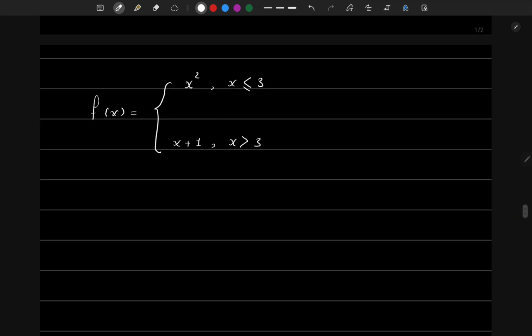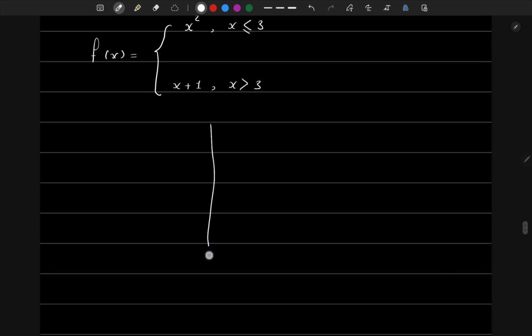Now, here I have added a condition to my function. That means the value of x is going to define which one of those I'm going to use. If x is smaller than or equals 3, then I'm going to use this, x squared. But if x is greater than 3, then I'm just going to use x plus 1. So if I represent this function,